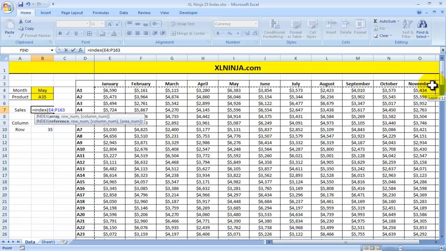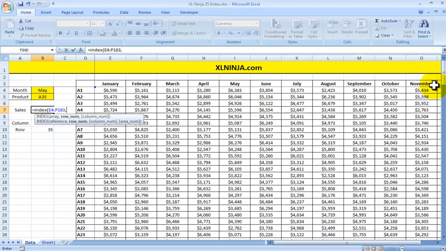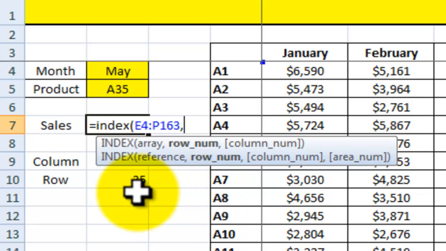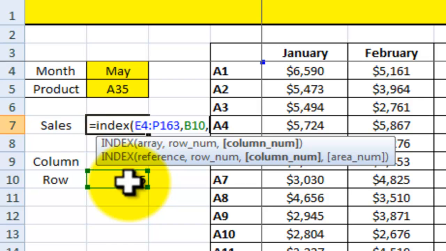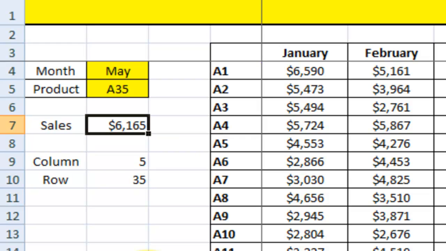So you basically look for the whole set of data that you have available to you. After which, comma requires a row number. So then we put that number there that we already identified with the match function, and then comma, it asks for a column number. So that would be this particular one that we already identified beforehand. Close parentheses. There you go,